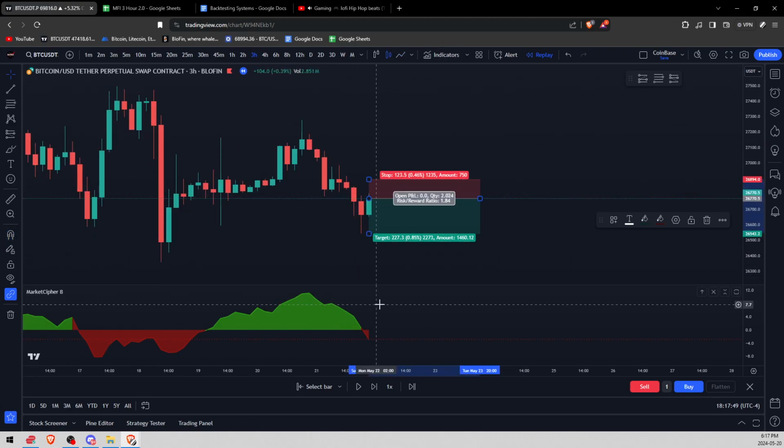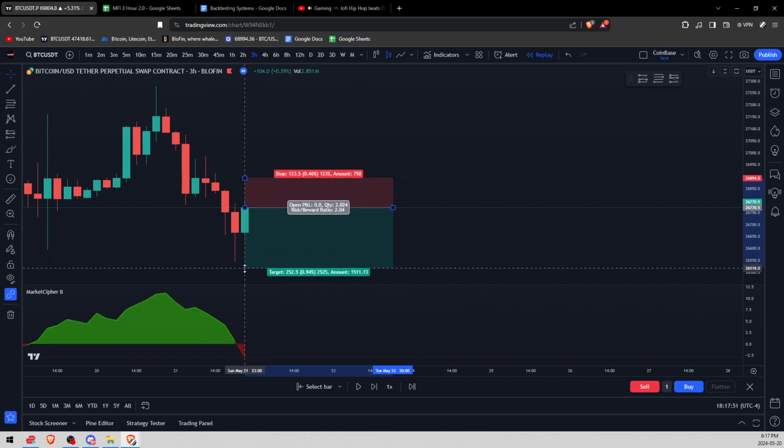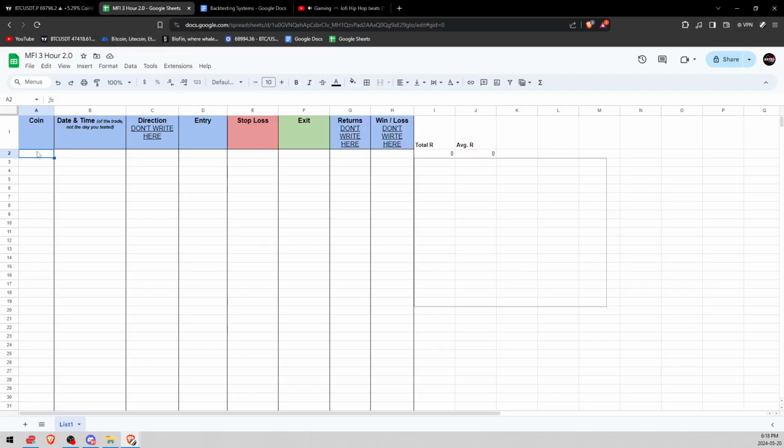And we are going for a 2R return on this one. So we're going to bring this to 2, like so. And this is on May 21st at 2300, 2023, I believe. So we'll go coin, BTC,